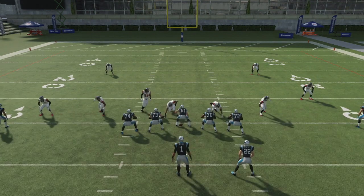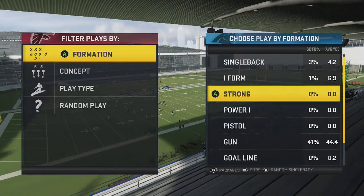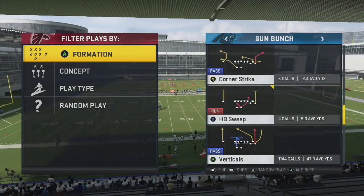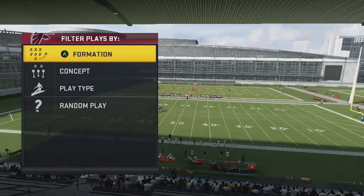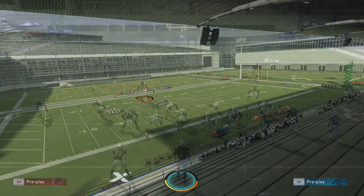So the way we're going to show you that is we're going to go up against a different formation. I want to show an example of a spread, and a more compressed formation like bunch, to give you a little bit of both. So let's look at bunch. Go corner strike. All right. So again, it's the nickel 245, nickel blitz 2. So now